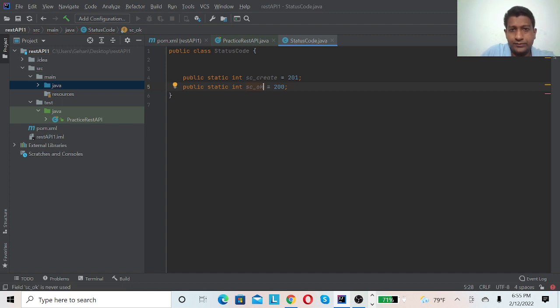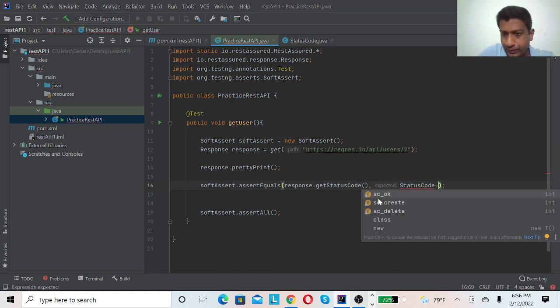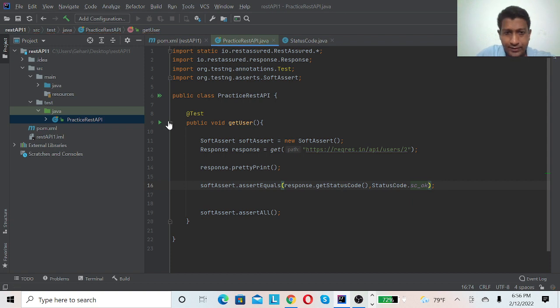This is for delete, 204. So instead of hard coding, I will call my status code class dot OK, that means 200. So let's run the test.